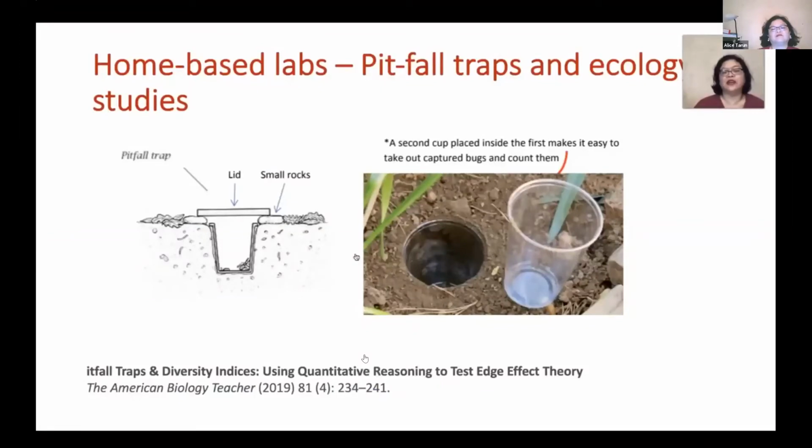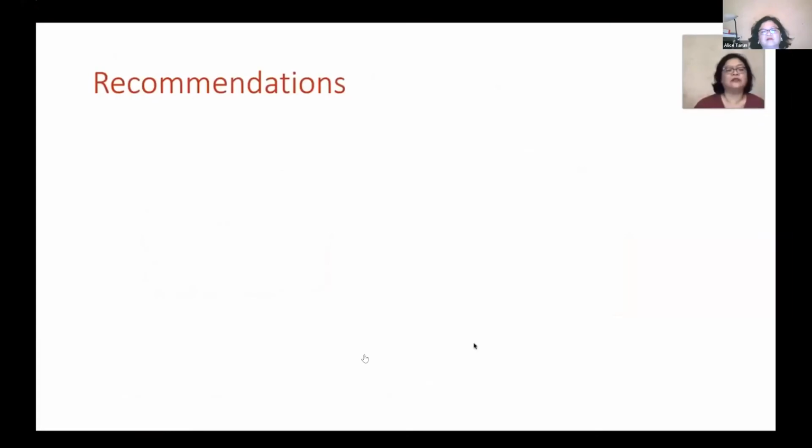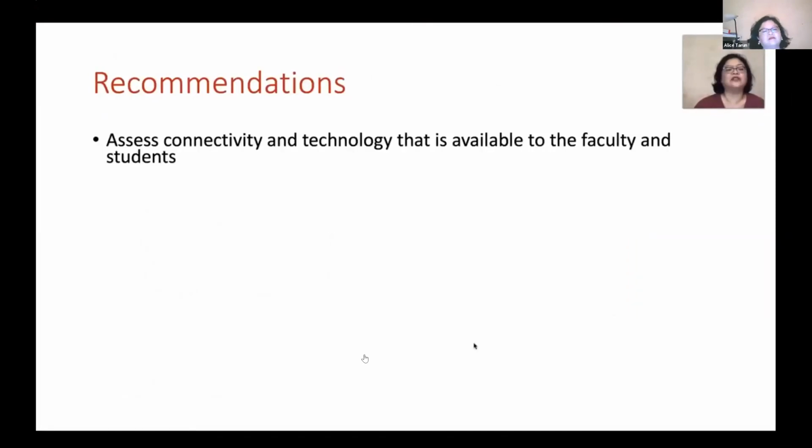So this uses the pitfall traps, using paper cups or plastic cups, and they can then capture insects or whatever microorganisms fall in these traps, and they can do diversity studies. They can test differences in insect diversity at different types of locations. So for recommendations,